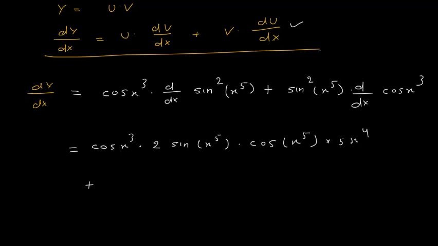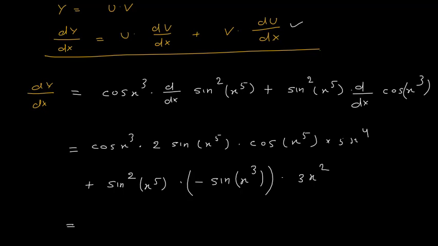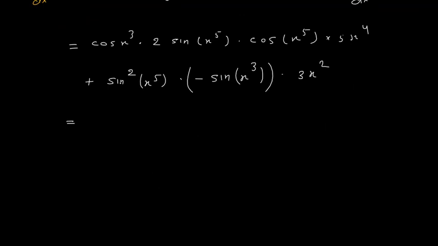Then we have a plus sign. So plus, here we have sine square x power 5 into, now here we have cos x cube. Inner function is x cube and outer function is cos, so the derivative of cos is minus. So I will write minus sine x cube, and then we differentiate this x cube and I will get 3x square. Okay, so this I will put in bracket. This is not this minus, it is in multiplication. So finally we will say that it is 5x power 4.